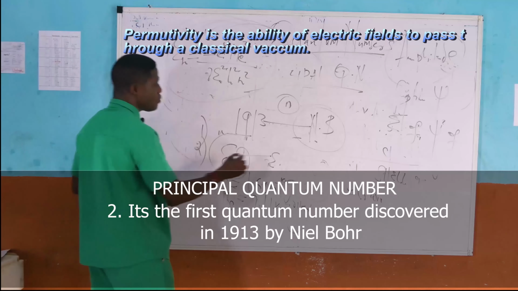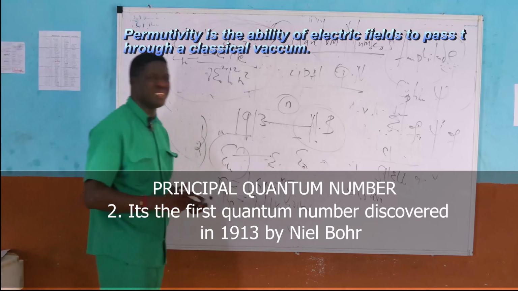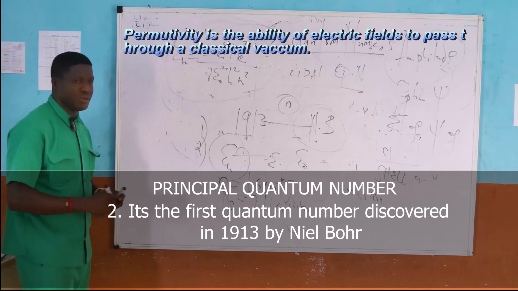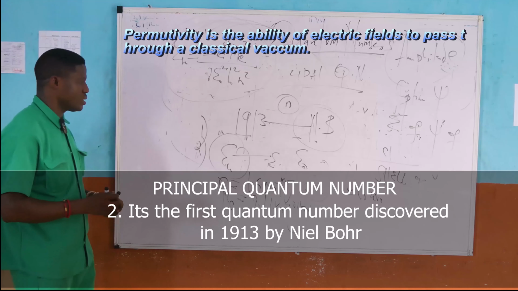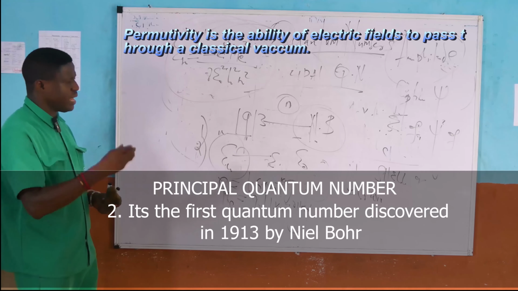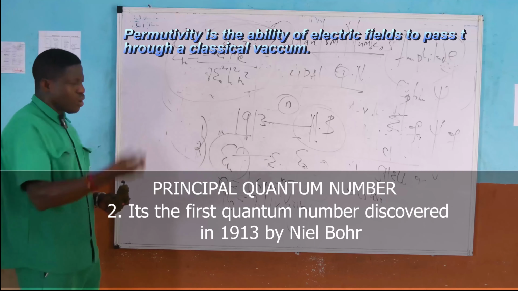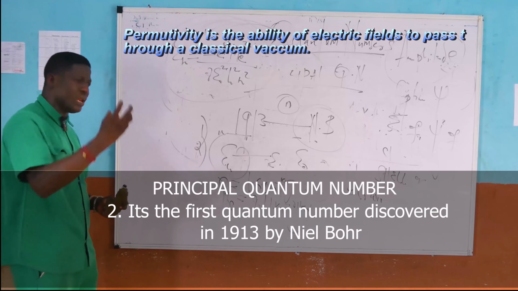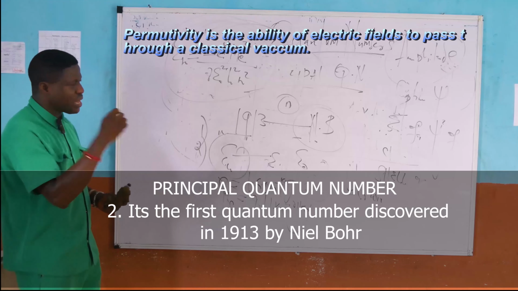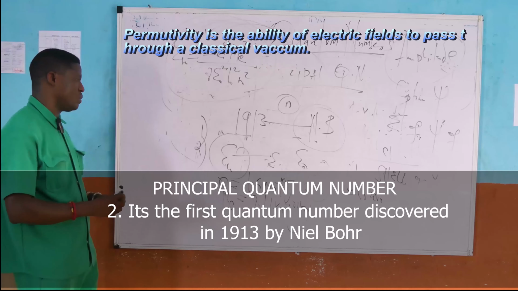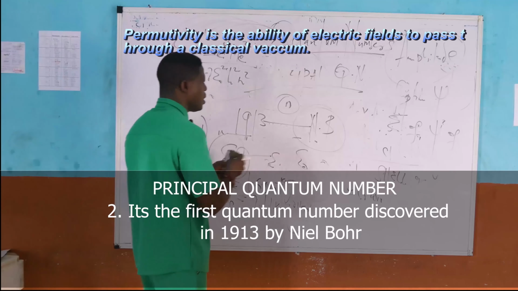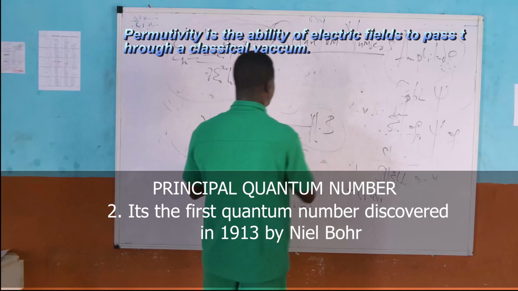Then you have what is called epsilon naught. This is called the permittivity of a material in free space. The permittivity of a material in free space simply defines the ability of the material to store electrical potential energy under the influence of an electric field. It is denoted as epsilon naught, and numerically it has a value of